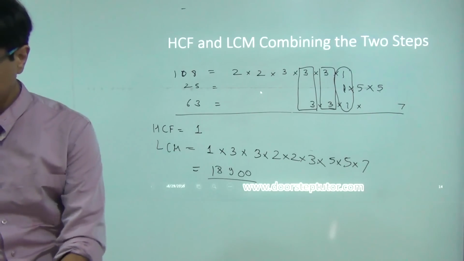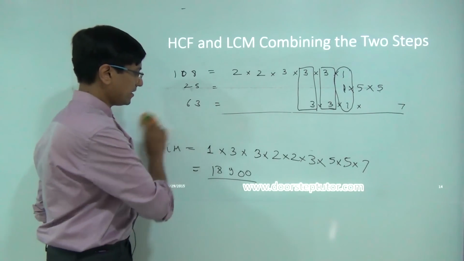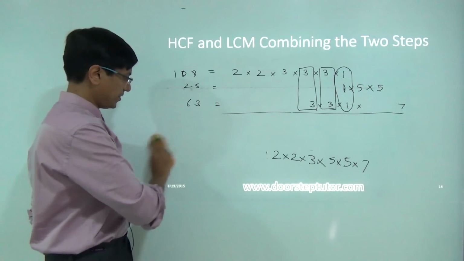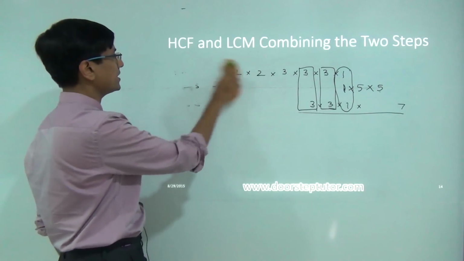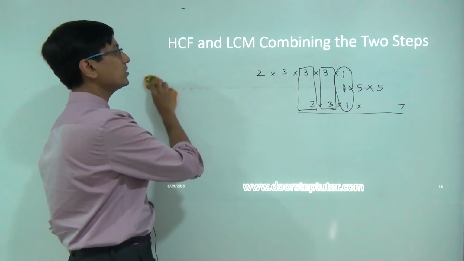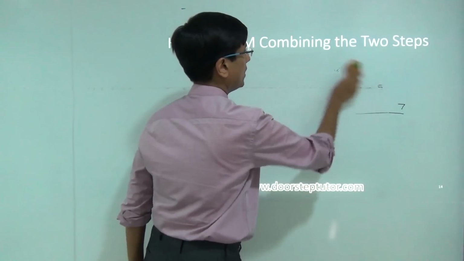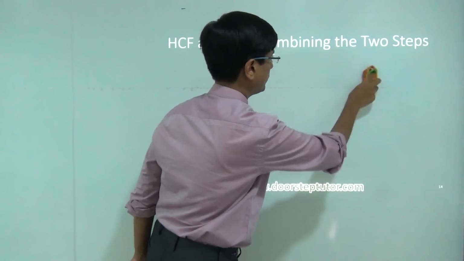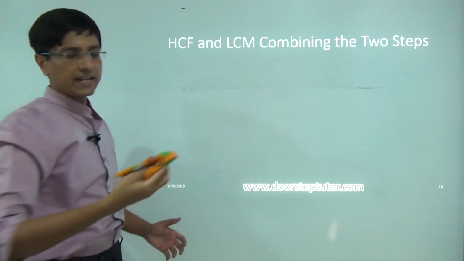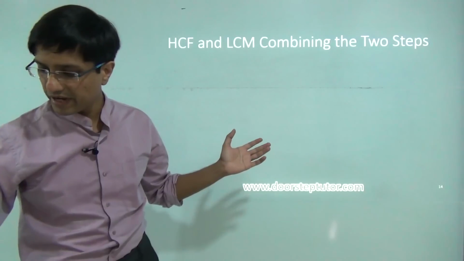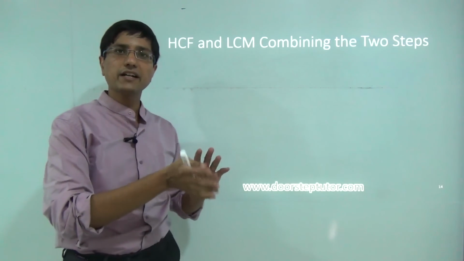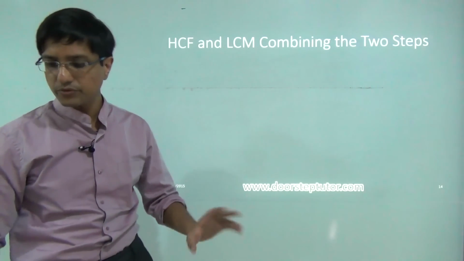Now we are going to discuss the last and final technique of LCM and HCF, and I would like you to master this technique because this is the most general technique. Some people call it the long division technique. I like to understand it as combining our previous two steps. So what we are doing in this technique is finding and combining the factors all at once. We are doing both the steps together.